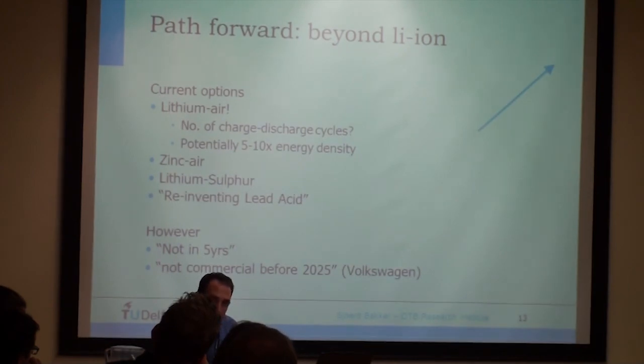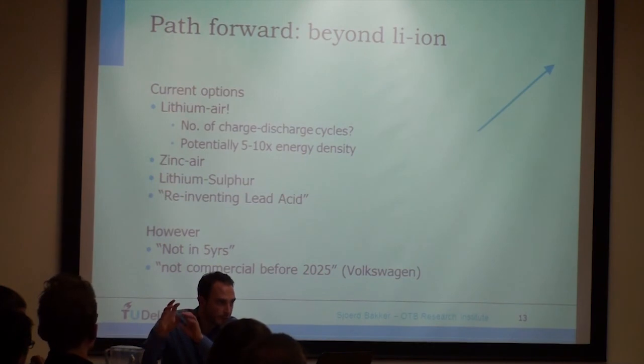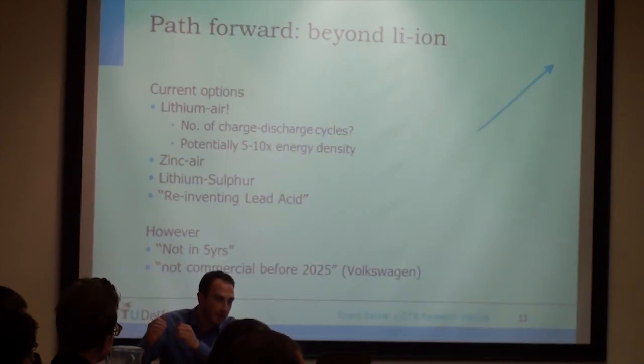They're questionable in terms of how often they can be charged and discharged. In the lab, it only goes 10 times or so, that's really little. But there's a potential of 5 to 10 times higher energy density. So this is one of the things that's hovering above this electric vehicle market. We all know the limitations of lithium-ion batteries, but out there is this lithium-air battery. This is going to be on the market in 10 years, so we only need to wait 10 years and